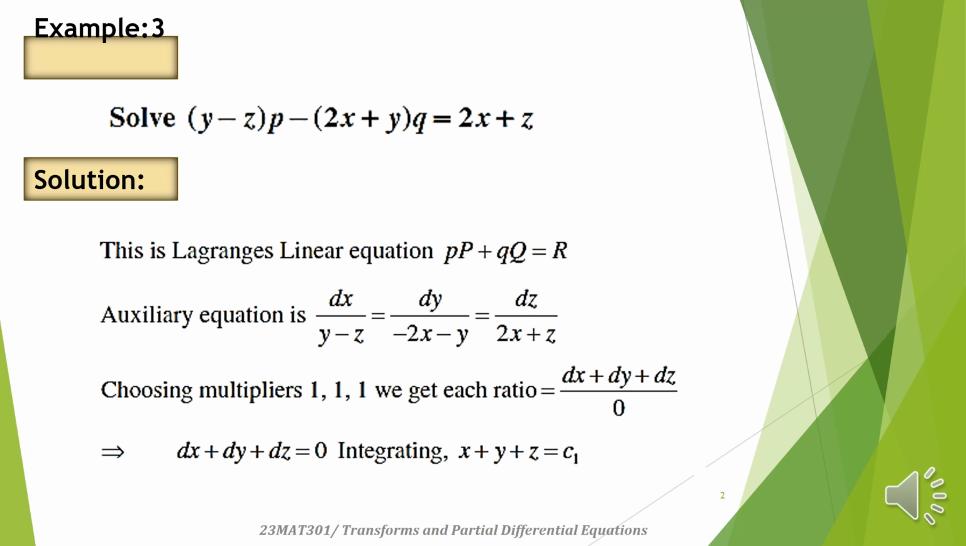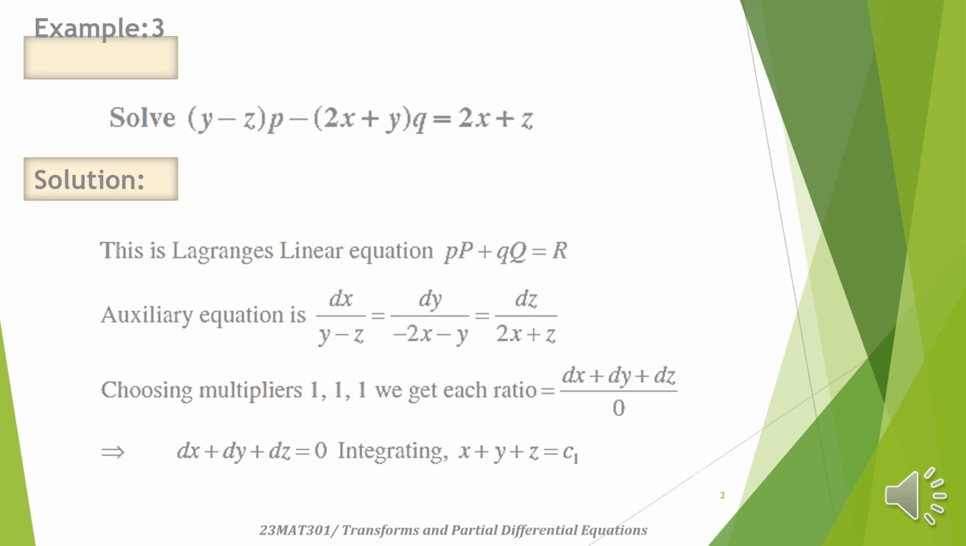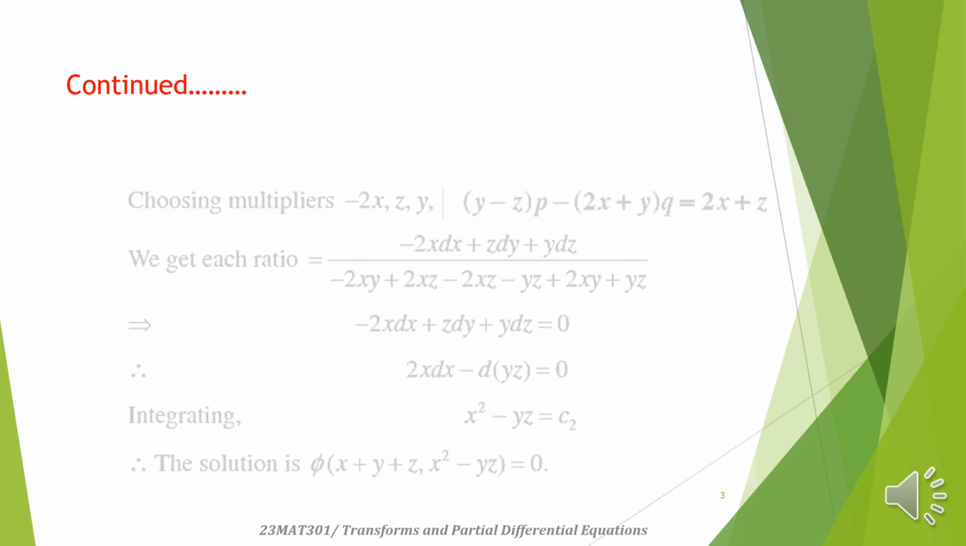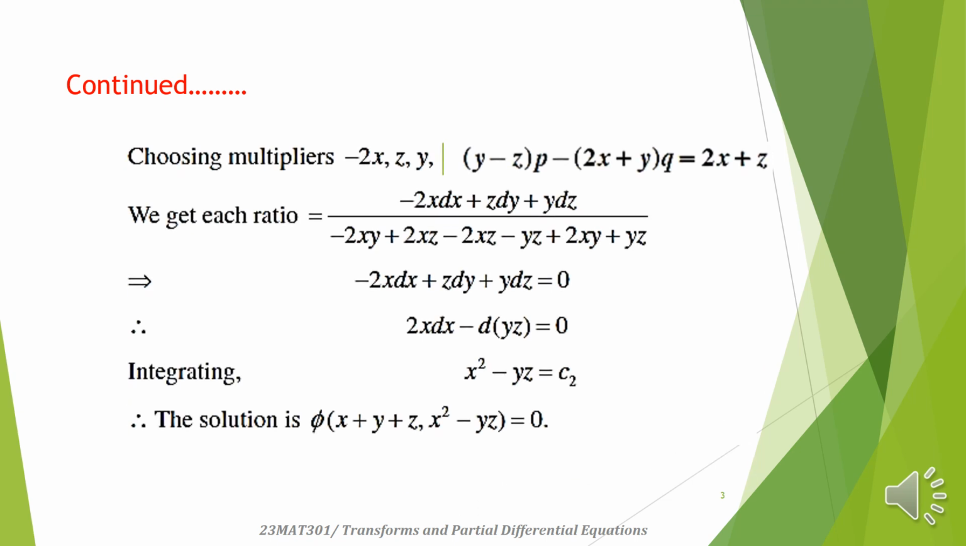What is the condition when you are multiplying these three? You should get 0. So here we are multiplying by 1, so that the denominator would become 0. If the denominator becomes 0, then you can easily integrate the first. Likewise, for the second multipliers, I am choosing 2x, z, y. So obviously the denominator becomes 0, and integrating, we get the answer